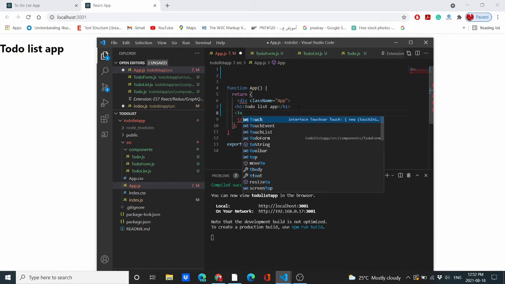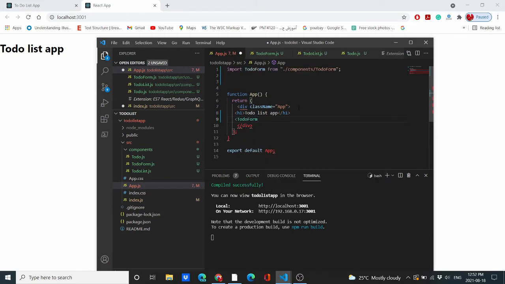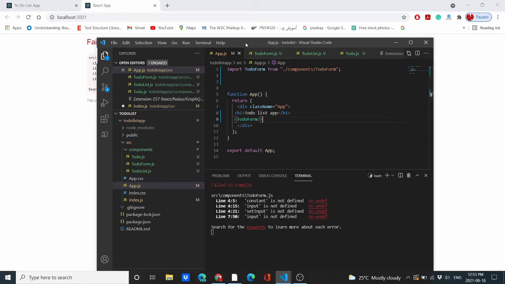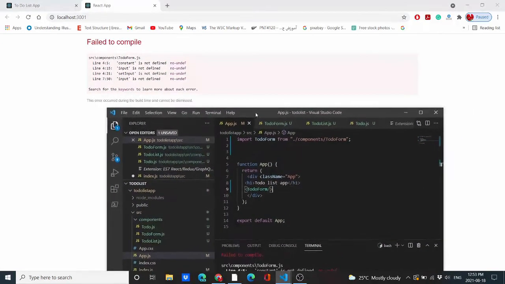use to do form, and when we use the enter it doesn't work. It's important to import to do form from our components. If you didn't get the to do form imports from the components, you can use the space and enter, and then you get that easily. So we can save it, and